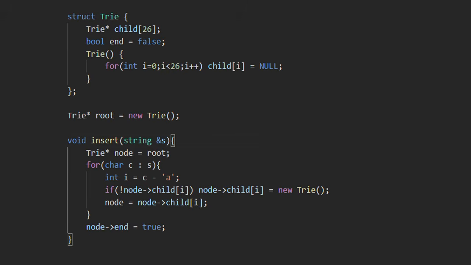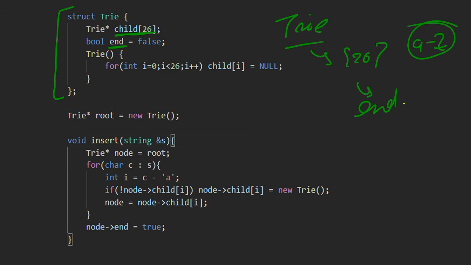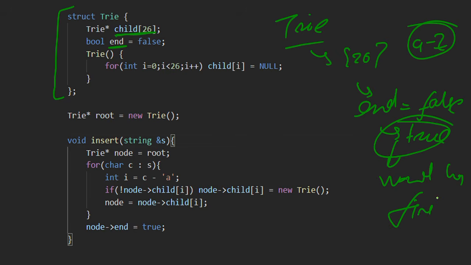In the code part, this is a structure for a trie. Basically we take a child array of size 26, that is A to Z, and then we have a boolean which will be false or true. If it is true, that means a word has finished, right?